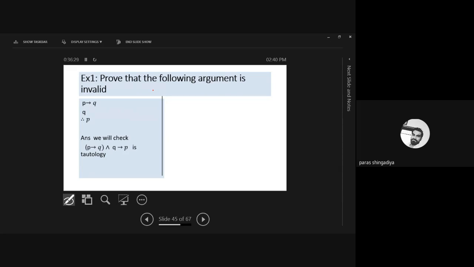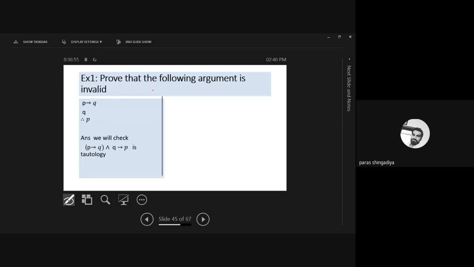And now for any random data, you will get some contradictory result also, which is not a valid argument in such a case. Clear? So in this first example, we have some random example, and the question is to check the validity of the argument. Clear? So you can check it as per the rule. Three statements are given: P conditionally Q, Q, and therefore P.